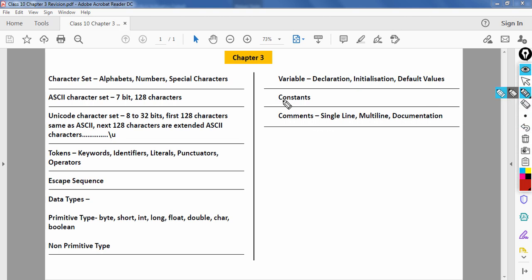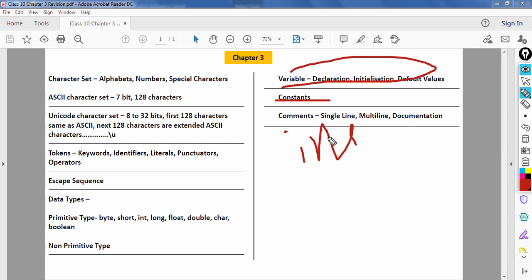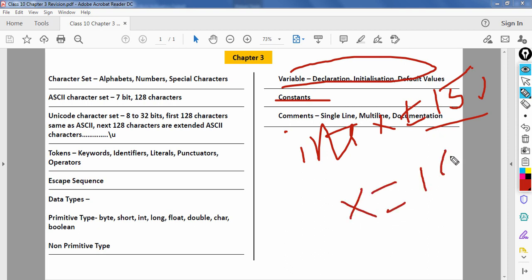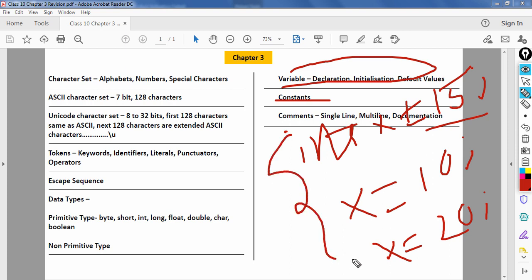Next is constants. Now in the case of variables, when I write int x is equal to 15, the initial value of x is 15, but later on anywhere in the program the value of x can change. You can change it to 10, you can change it to whatever number you want. So these three statements finally will change the value of x to 20.